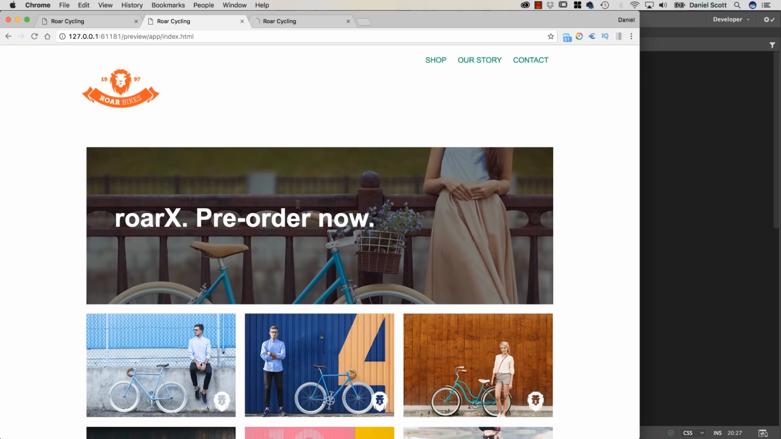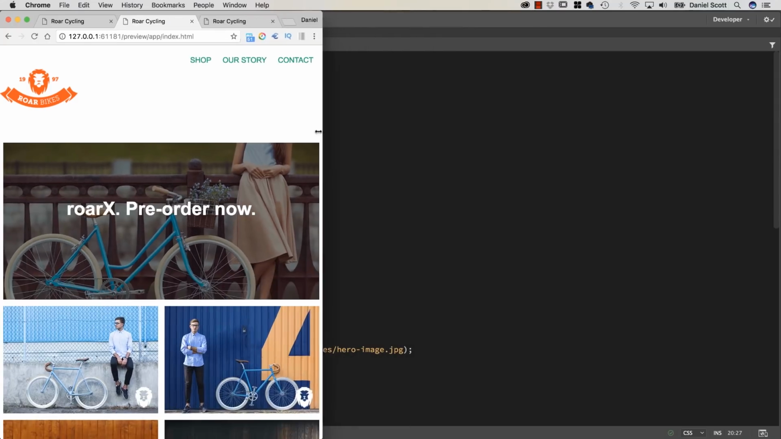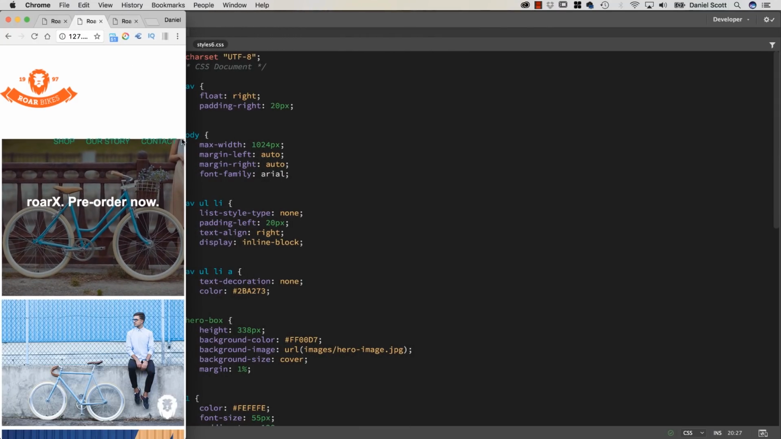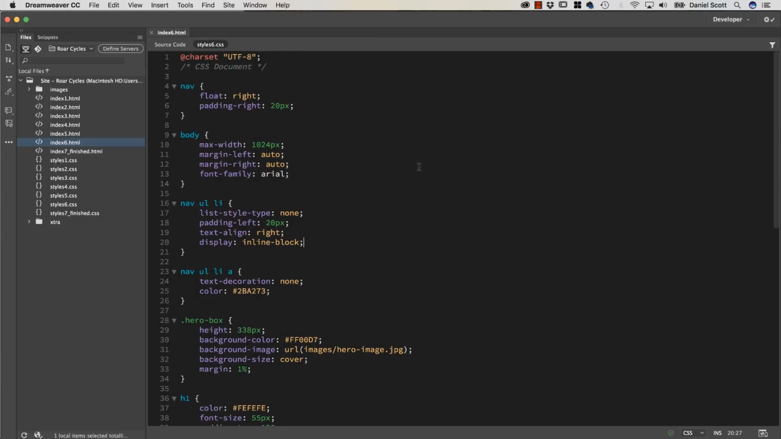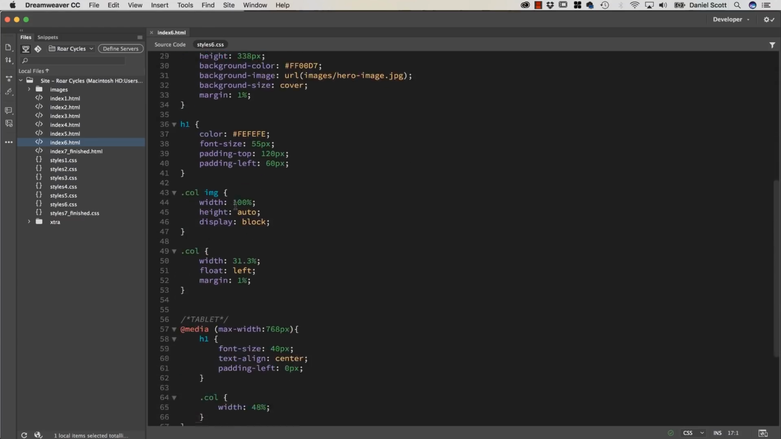Check it out. Awesome. The only trouble is when I get down to tablet, it also stays inline block and it gets a bit messy and there's no room for it with the logo, so it stacks underneath. So we need to switch it back when it gets to tablet to the stacked on top of each other method that we had. And all we need to do is find nav ul li down here in tablet,